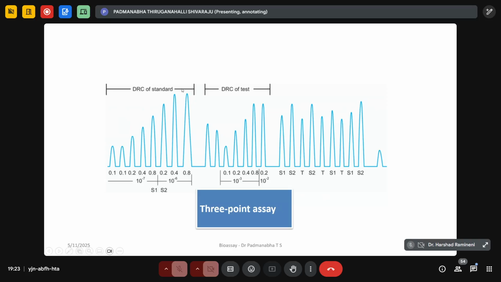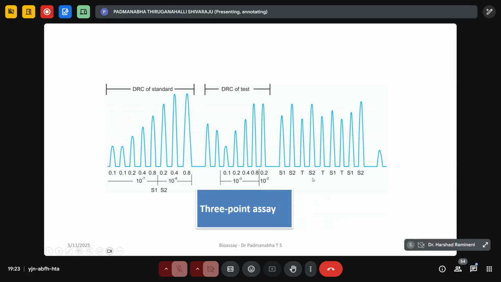First, you will get a DRC of the standard drug, that is S1 and S2. Then the DRC of the test drug has to be calculated to standardize it. Why do we need to standardize? We need to check whether the tissue is reacting to the standard drug as well as the test drug. So once we are okay with the responses, later we can go for a 3-point assay